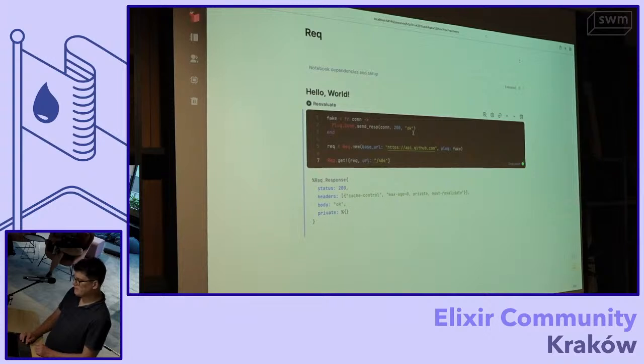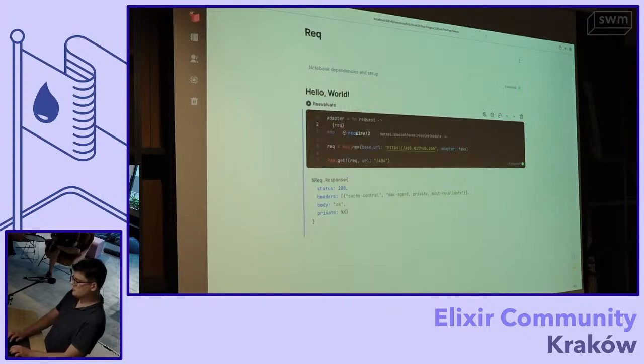Another way to test. So again, maybe you are integrating with a third-party API. You want to have a canned response in tests. What we can actually use is the adapters. So I mentioned we have the custom adapter, pluggable adapters. Finch is the default one, but you can write your own. So let's write our own. Instead of conn, we'll take request.